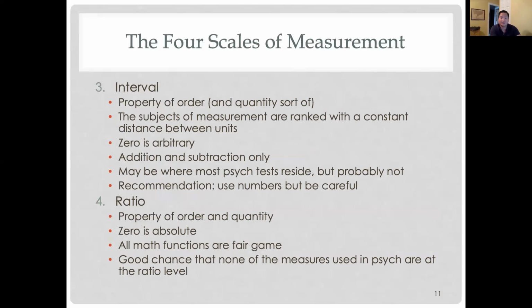Now, what we often rely on is the interval scale of measurement. This is a property of order and quantity a little bit. A Likert type scale, or 1 to 5 or 1 to 7 scale, we're saying is interval enough, right? We treat it as interval. And an interval, we make the assumption that 2 is the same distance from 1 as 3 is from 2. So if you go from a 1 to a 2 and a 2 to a 3, that's the same distance. Those are equal amounts.